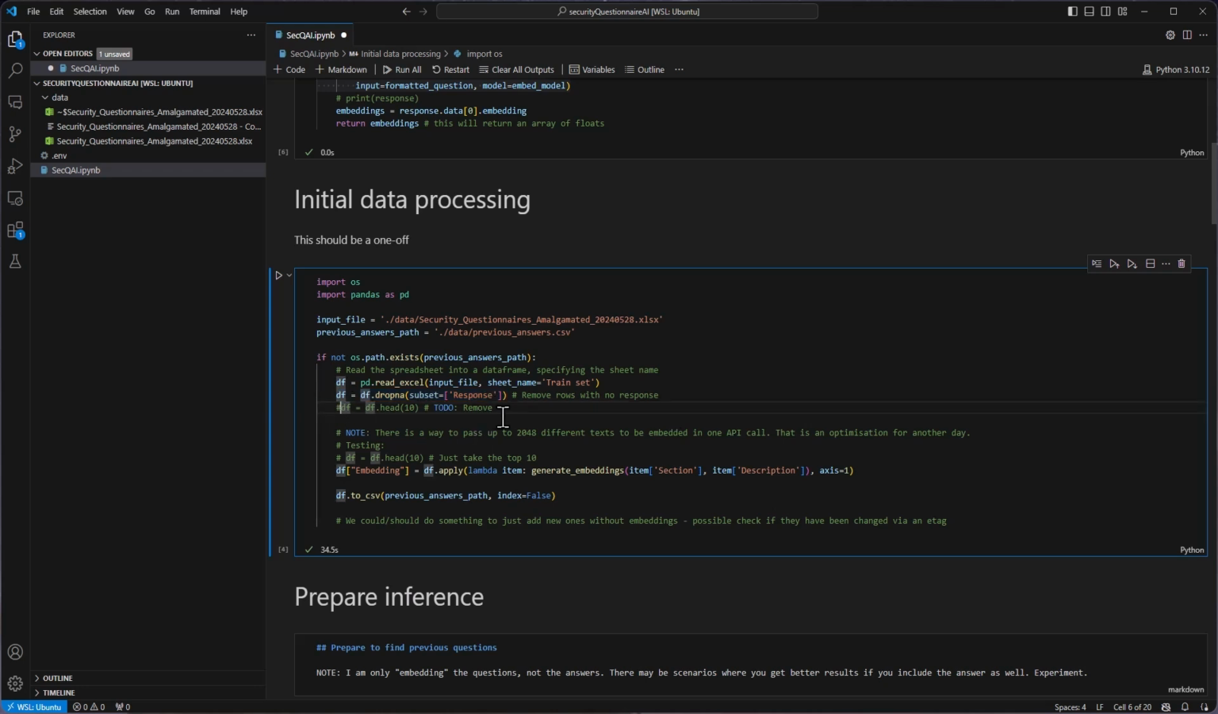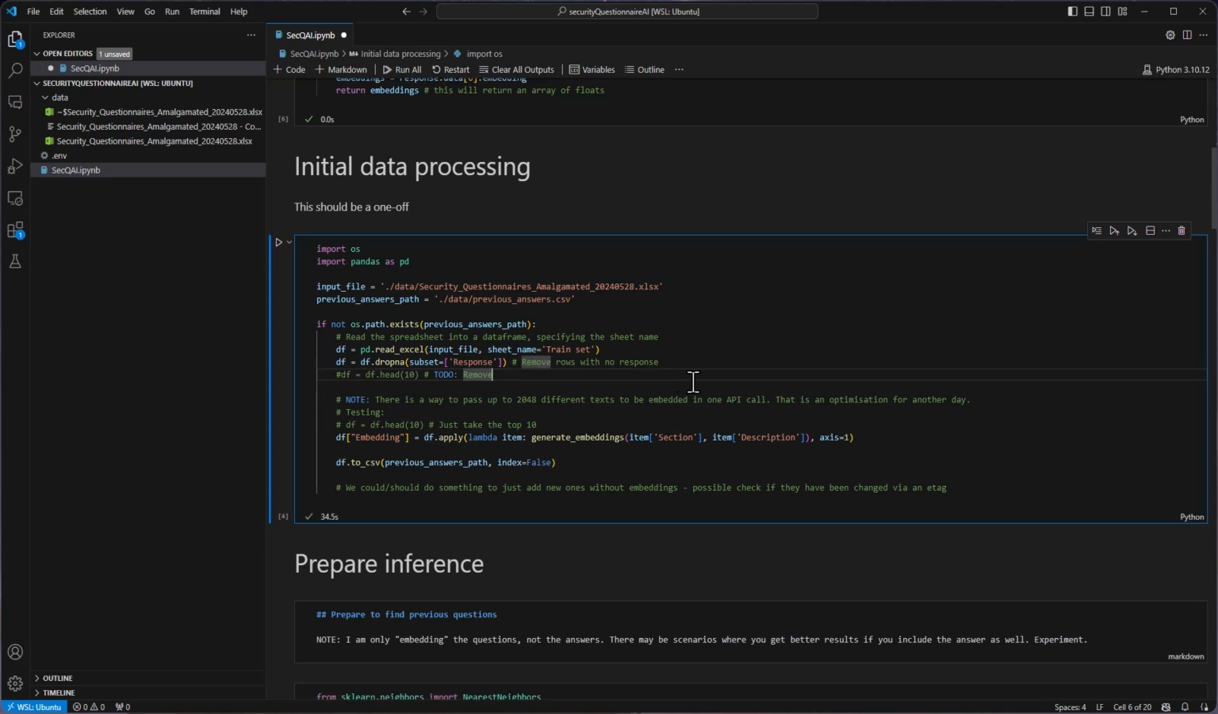This line here I've commented out, but this is just if you're testing and want to see it quickly. If you set this up, it will make you only take the first 10 rows. Now that I have all of the existing questions loaded into memory, this is where the pandas data frame magic